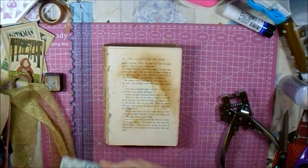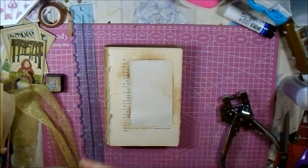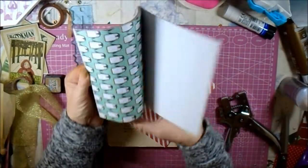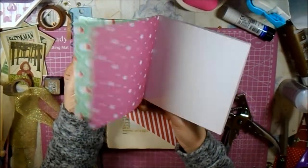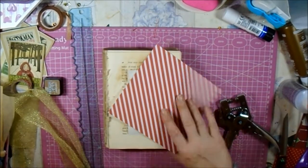I'm going to stick the colour paper on first for a trim, and I want this like candy cane kind of stripe. This is out of one from the pound shop, Jolly Christmas. I bought it last year or the year before, and yeah, it's a little cute thing. You can see I ain't used it back then, but